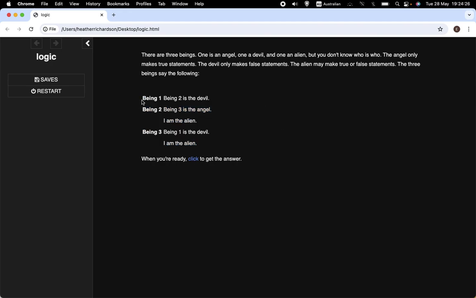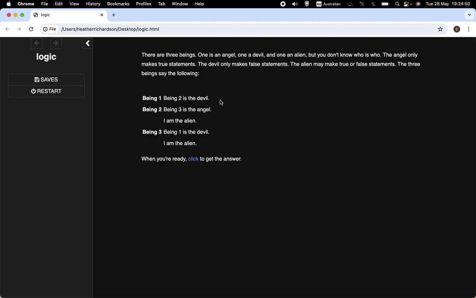So let's go through this. I haven't looked at this yet, so I'll be trying to work this out live. Being 1 says that being 2 is the devil. Being 2 says that being 3 is the angel and I am the alien. Being 3 says that being 1 is the devil and I am the alien. So